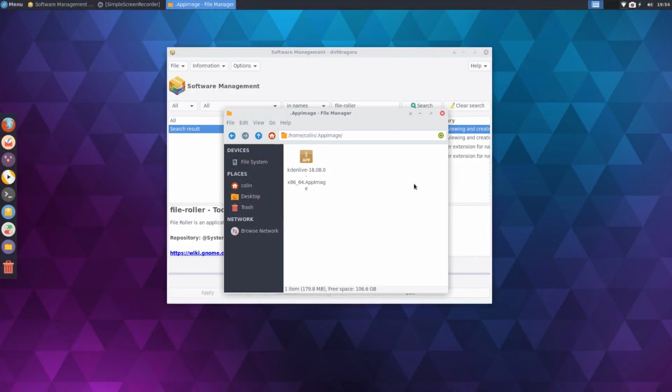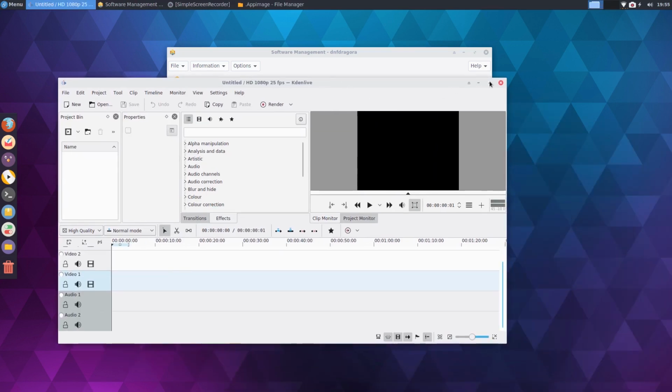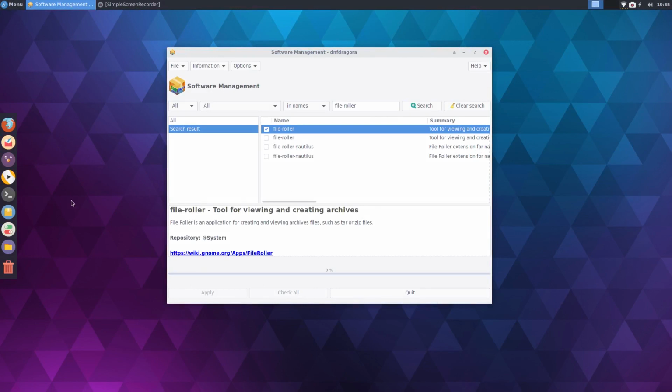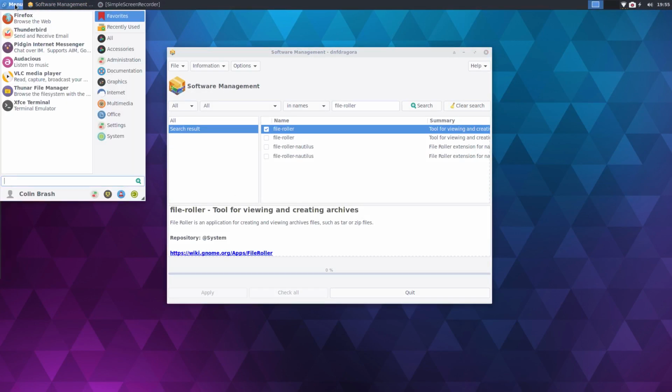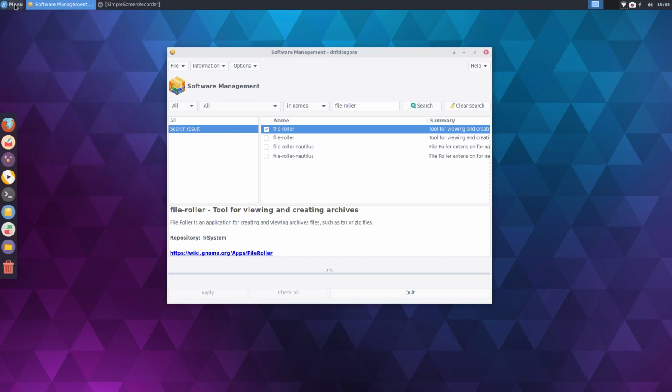Yeah, it just looks a bit strange the way that's named. Okay, so that's working. Not a problem. There we go. So it started off in dark and then it's opened up again in light mode. Didn't ask if we wanted to put one in the menu, did it? So I'm not sure if it's done that. No, it hasn't. So let's just have a look in here again for